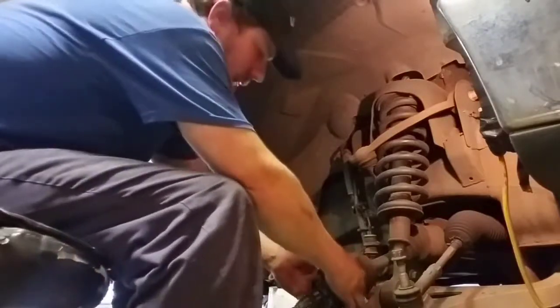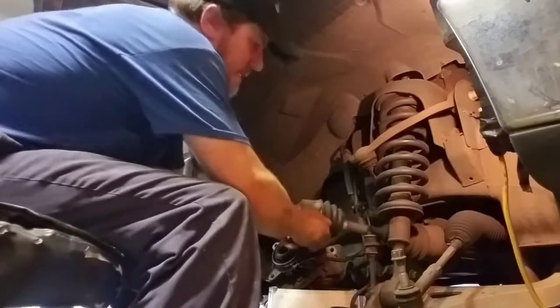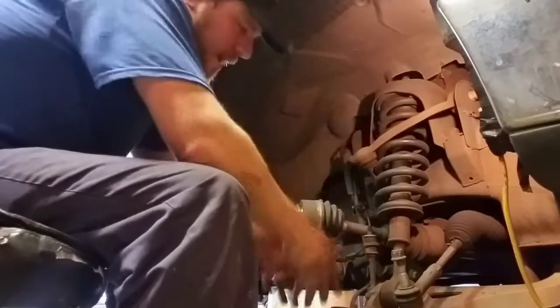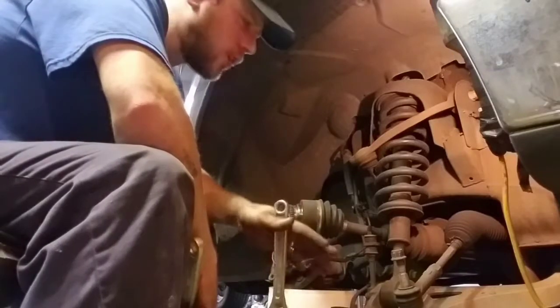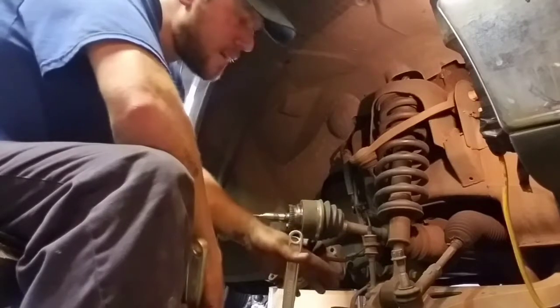Okay, now we can get our four-wheel drive shaft up and out of the way. And now we have access to the shock and the upper control arm, and to be able to get the lower ball joint out. So, the lower ball joint actually gave me a pretty hard time on the driver's side. So, let's take it easy for now, since we just had such a hard time with that, and go for